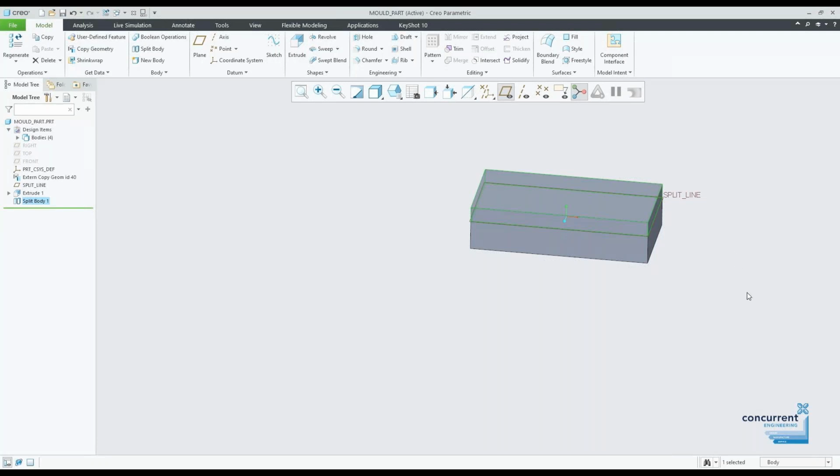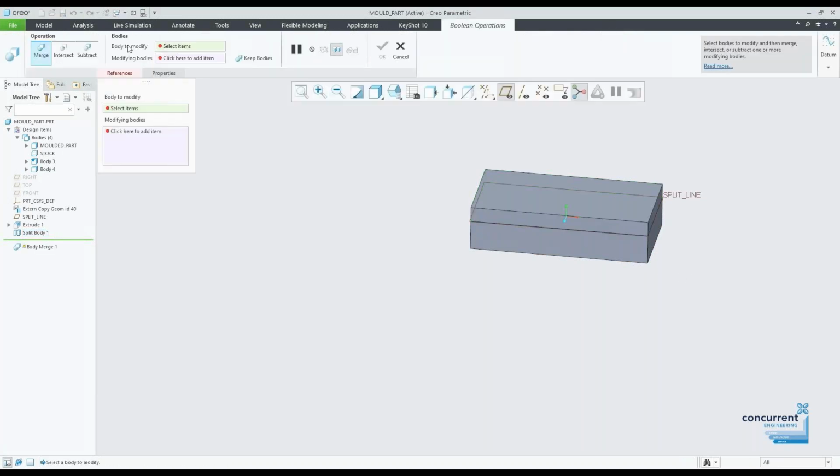Now the next technique is we're going to remove the original moulded component from these two, so creating the mould stocks. So again, up to our Boolean operations, and we're going to subtract from this top part, and we're going to use the moulded part to remove. Now bear in mind we can specify at this point whether we want to keep the modifying body, which we do need to. So I'm going to keep that body